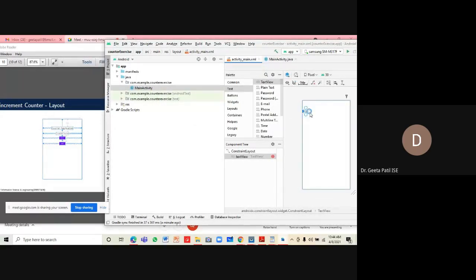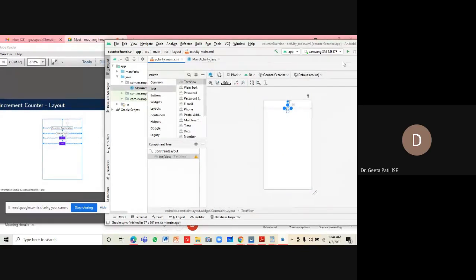Start of this is constrained by start of the parent, end is constrained by end of the parent, top of this is constrained by top of the parent, right? And we need to set up the margin for this. So just take it down like this.